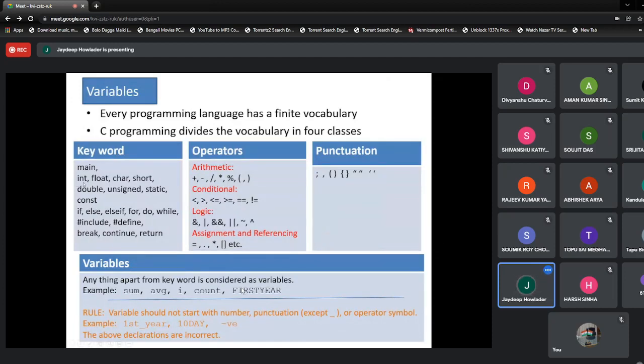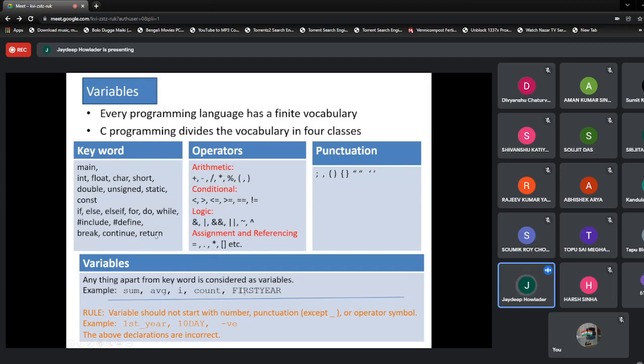Similarly, int represents that the variables are integers. Then float represents that the variables are floating point or real. Char represents that we are defining character type variables. So there are different types of keywords, and this is a small list.